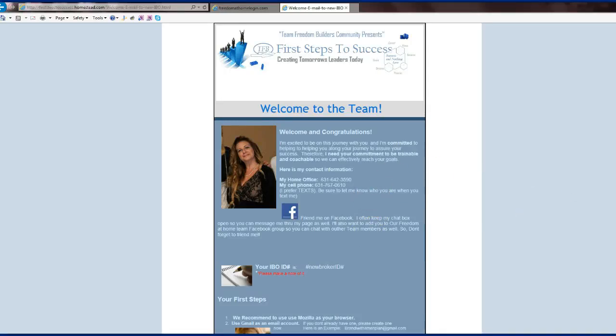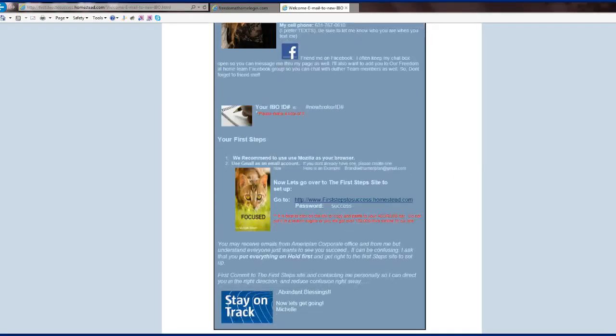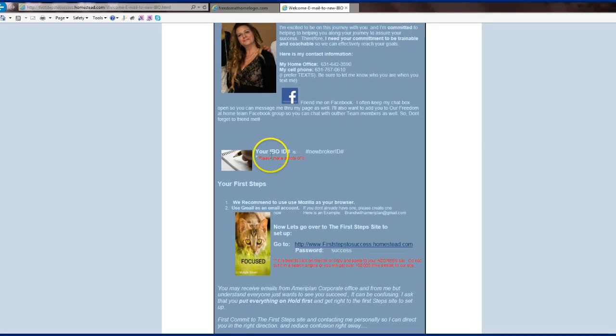I also want you to pay attention to a couple of things in here. You're going to see your IBO ID number is now pound new broker ID pound. That is the merge code for Earnware. While we're using Focal Point, it doesn't have a way to pick up the broker ID number. So what you might want to do is delete this, and put in here